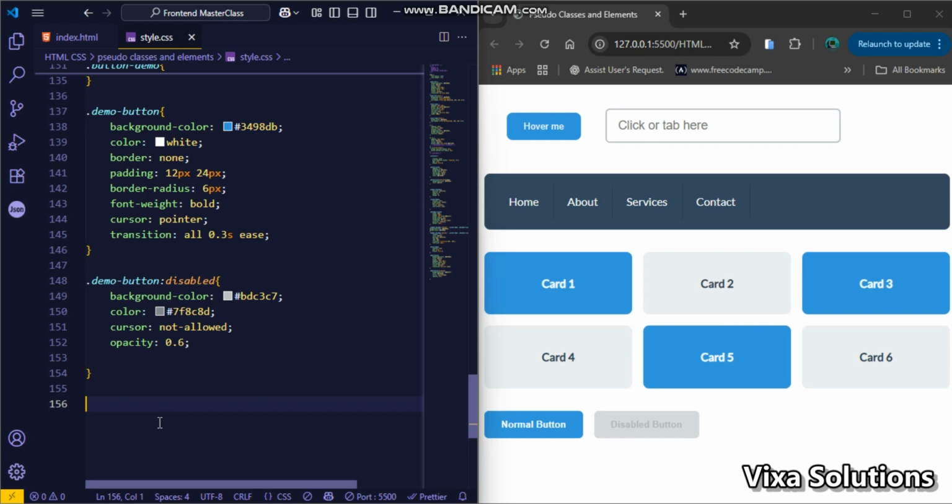right? So before pseudo elements, let's start with before. The before pseudo element adds content before an element. Perfect for stuff like icons and decorative elements, right? Now let's create a quote with decorative quotation marks. Okay, so